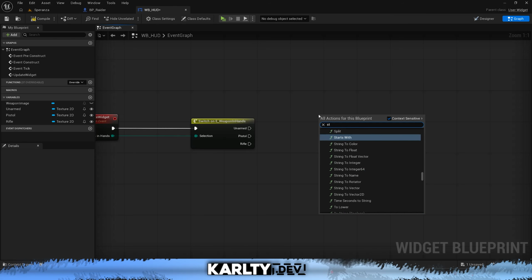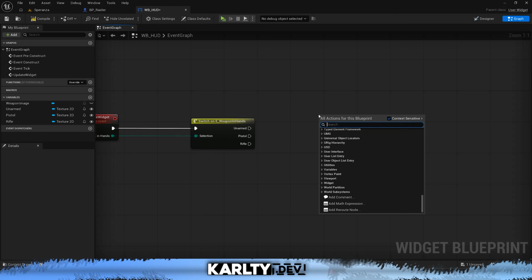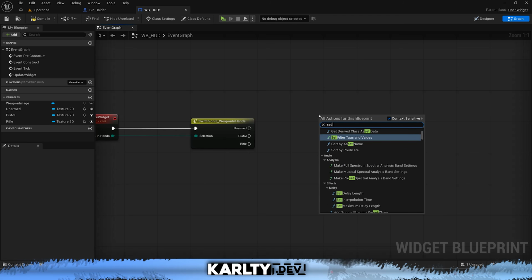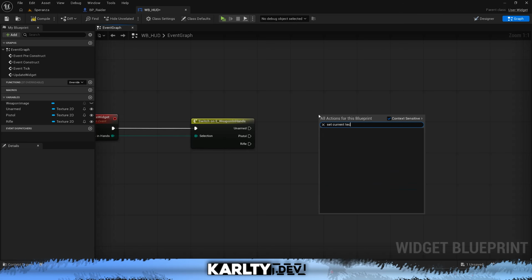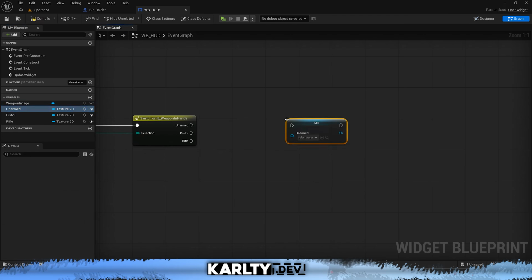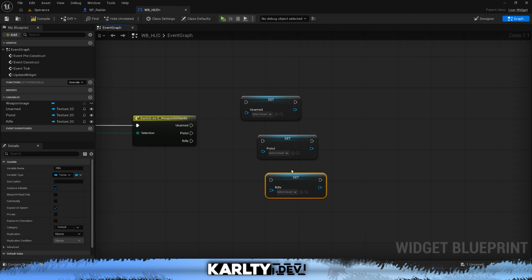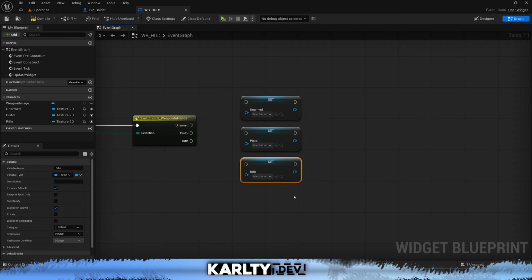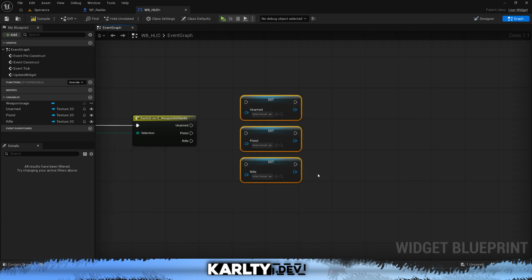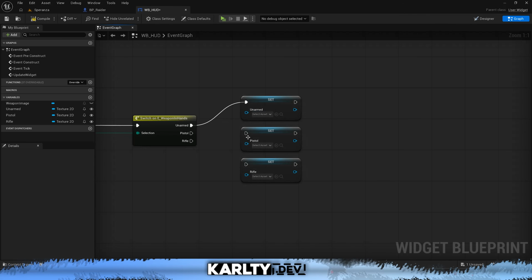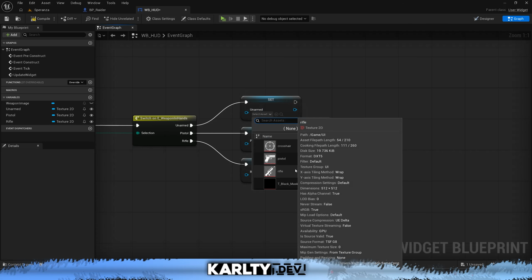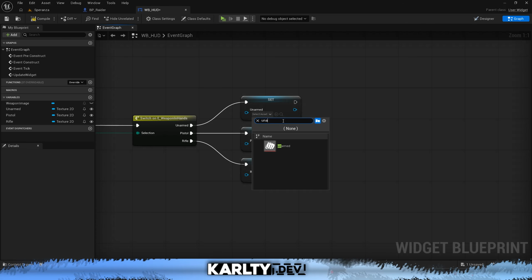So set current to this. Yeah, right. So we need to drag out of here, but hold Alt on your keyboard, and we'll just set all these three like this. So let's do that. Highlight, press Shift and A to align them, and then we can do unarmed, pistol, and rifle, and just select the corresponding texture. So this one is going to be unarmed,